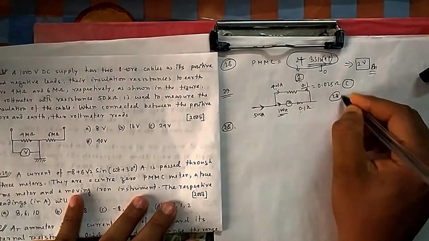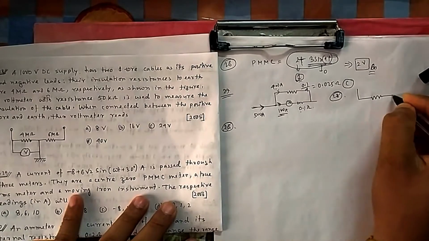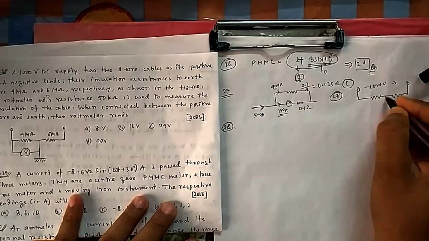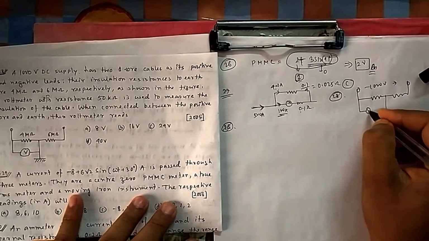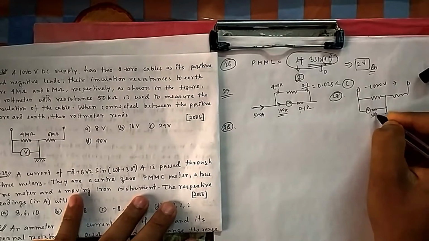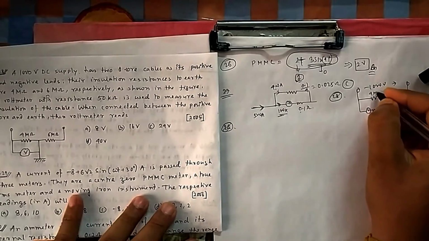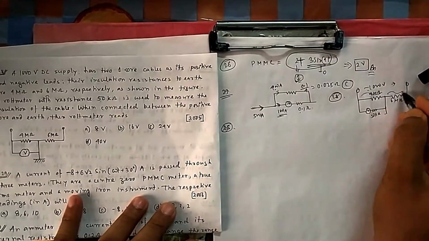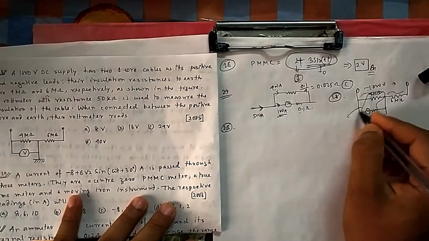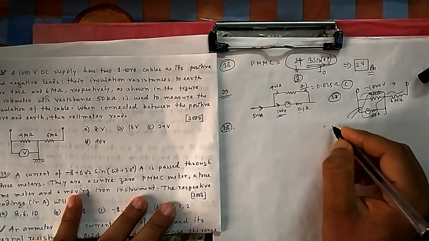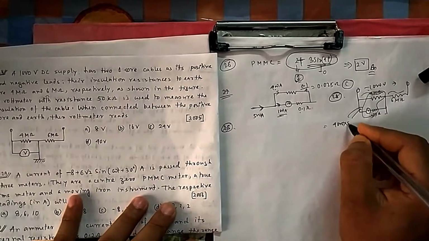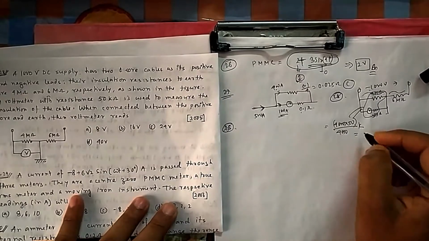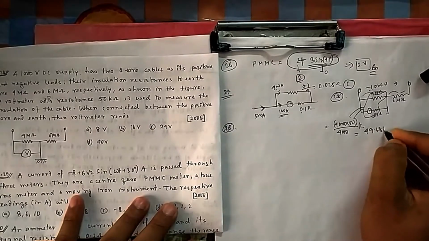So you are applying 1000 volt from here to here, and then you are taking the reading. Suppose this is the voltmeter, and there is an internal resistance of 50 kilo ohm. This 1000 volt will be divided into this and this. So this is the parallel combination of these two. If you do the parallel combination, what will be this resistance? 4 mega means 4000 kilo into 50 kilo divided by 4050 kilo. If you do this, you get 49.38 kilo.